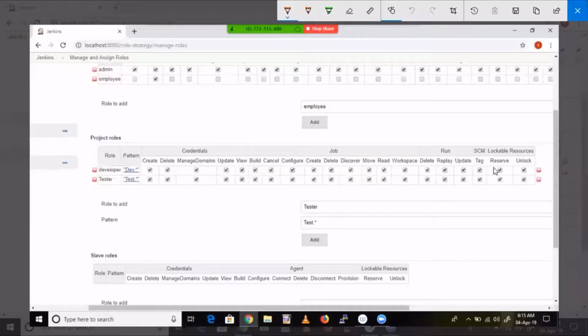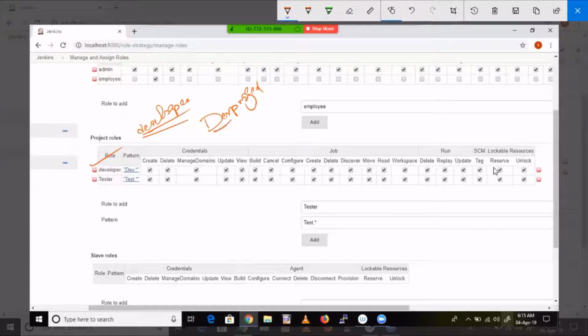See here, developer. I'm going to attach this role to developers, and the pattern matching means the job name starts with dev, for example dev project.